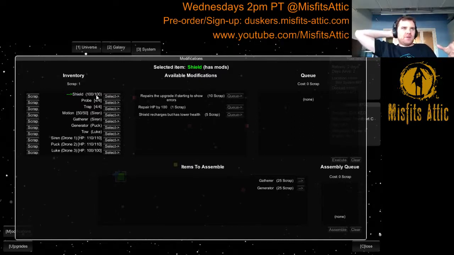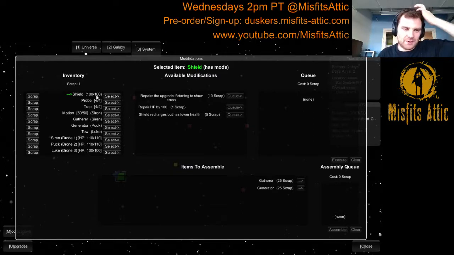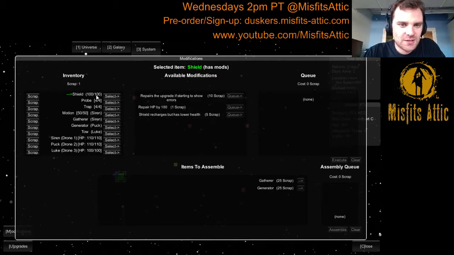So after I've done 500 damage plus to it, then I've kind of made it worthwhile, right? And it also might work for, like, I go into a room, I start getting attacked, I go out of the room, I shut the door, and then I let it recharge. So it's just a slightly different strategy. Actually, if I can scrap something else...